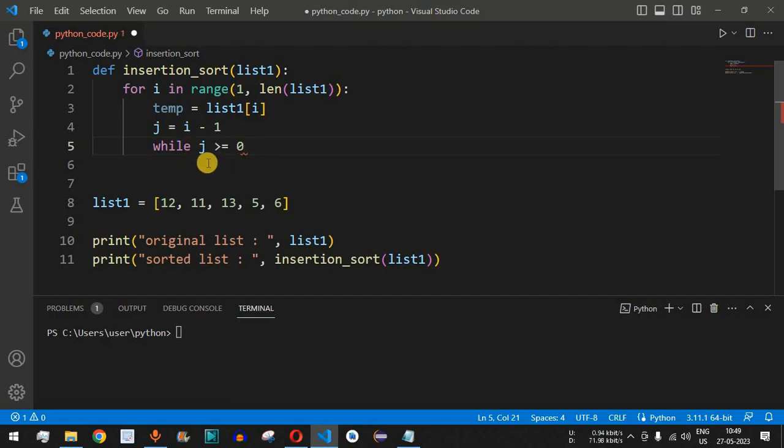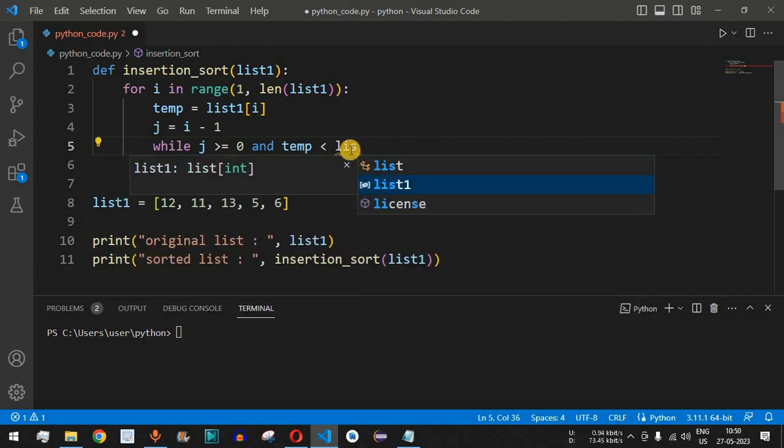One at a time we are going to decrement the value of j, and that is why we are checking whether it is greater than or equal to 0, followed by the and operator, and the condition we need to check is whether this element is less than this element over here. So this element, that is 11, was stored in the temp variable. So we can say temp less than the value present at the jth index. So over here it will be list1 of the index j in this case.